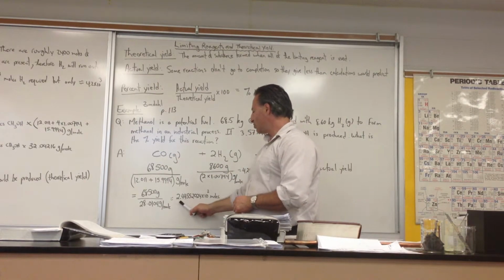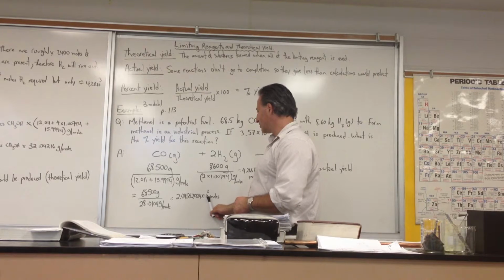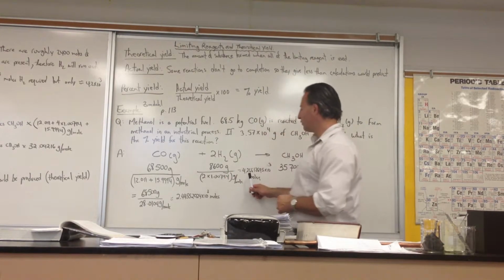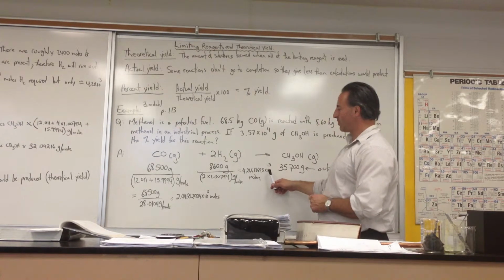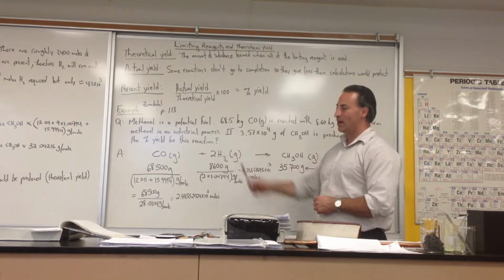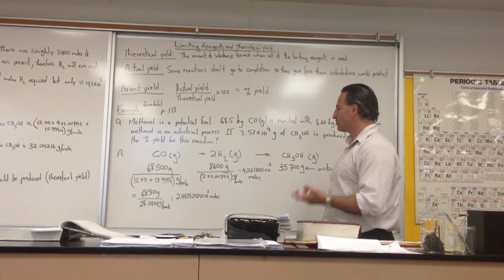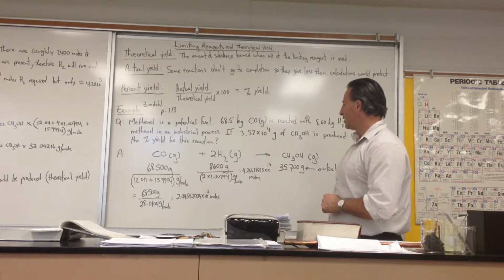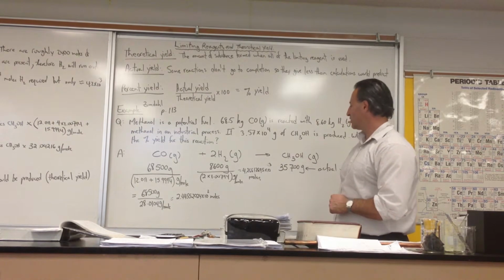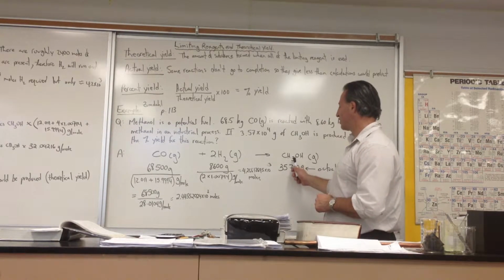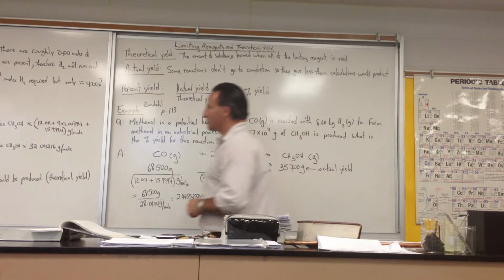What we have here is 2.4 times 10 to the 3 moles of carbon monoxide, and we're going to need roughly 4.8 times 10 to the 3 moles of hydrogen gas, but we only have 4.2. What that tells us is that hydrogen is going to be finishing first. Hydrogen is the limiting reagent. It stops the reaction because it runs out. So we begin our calculation from the limiting reagent, because we want to find out how much methanol is going to be produced. And I illustrate that here